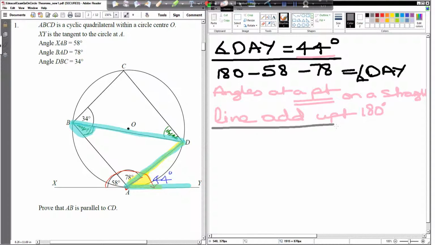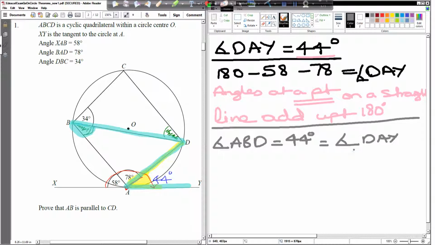So that was the first bit of explanation. Second bit of explanation. Now we have to explain this angle here. This angle here, we call it ABD. So we can say angle ABD is equal to 44 degrees, which is equal to angle YAD, or angle DAY as we explained earlier. And why is that? We have to write all of that down. So here comes the explanation now for that. So the angle between a tangent